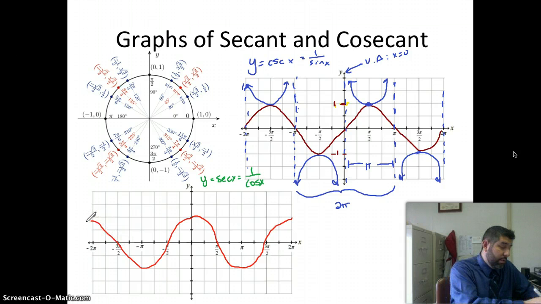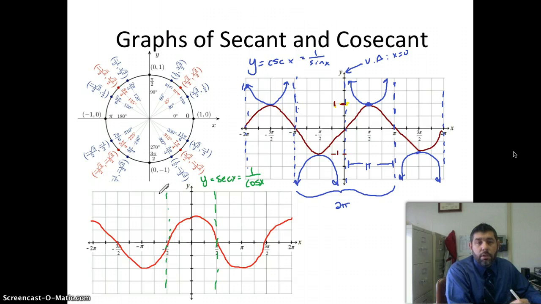All right, so just as we did the previous one, we're going to do secant. And secant means, so now we're at zeros here, so we're going to have our vertical asymptotes. And I know my vertical asymptotes are perfectly straight. Then I'm going to go up here, and down there. So we're really looking at the green graph, and that would be your